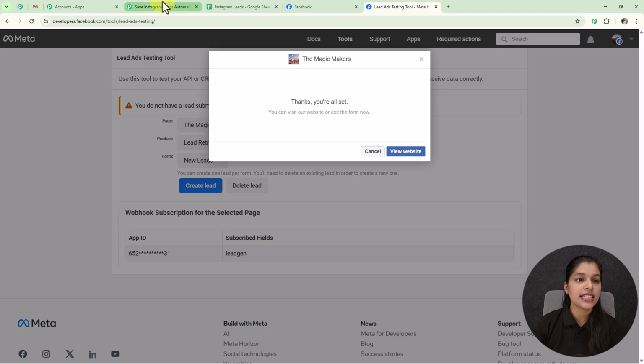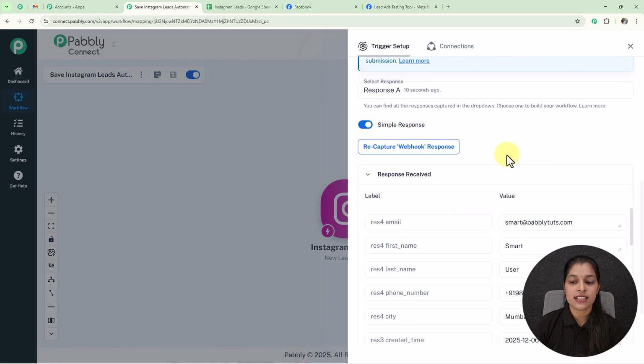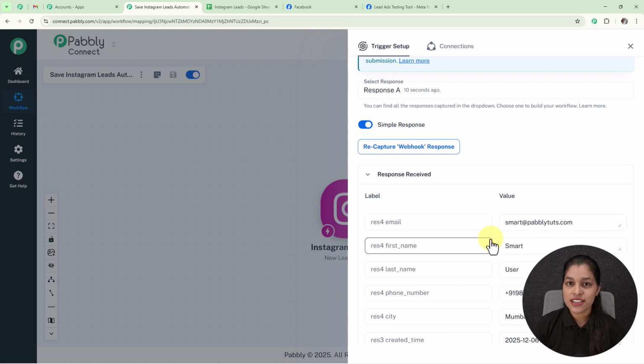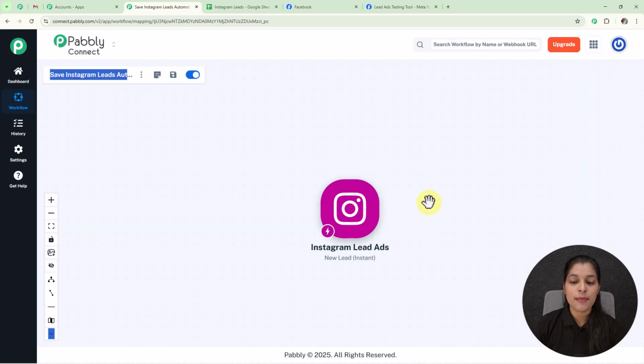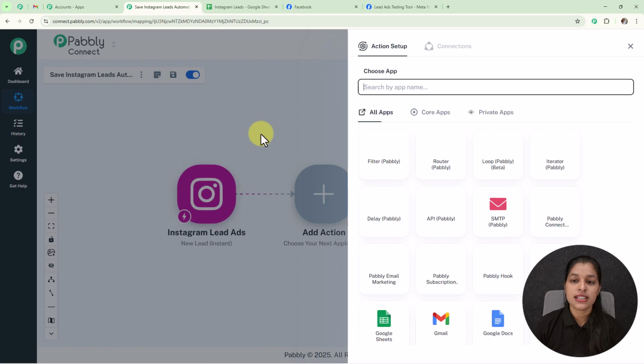So here you can see in my Pabbly Connect, I am successfully receiving this response, that is response A, with all the fields which I have recently filled over my Instagram lead ads form. So with this, we have successfully integrated our trigger app, and now I am going to add action app. And we can have only one trigger app, but we can have many action applications or action apps according to our workflow. So now we just have to click over this add new action step button,